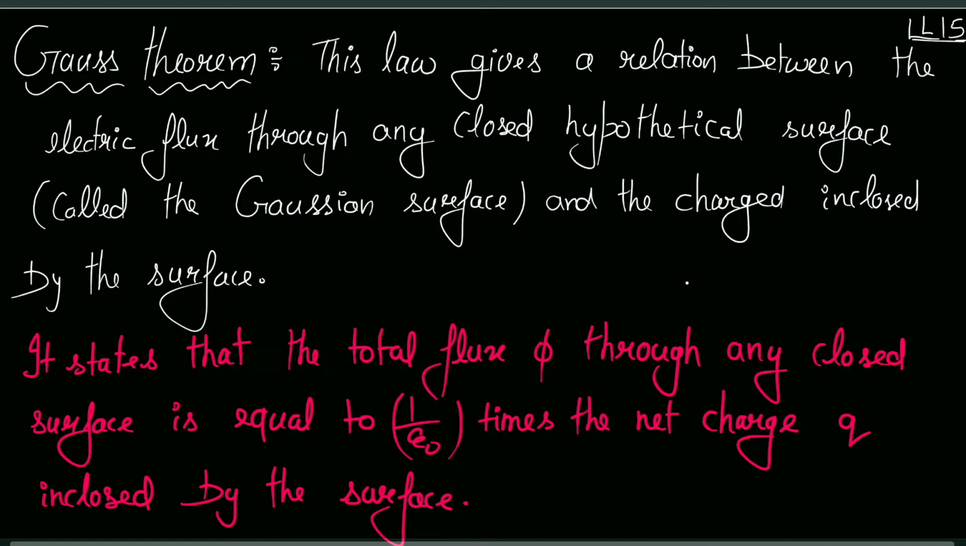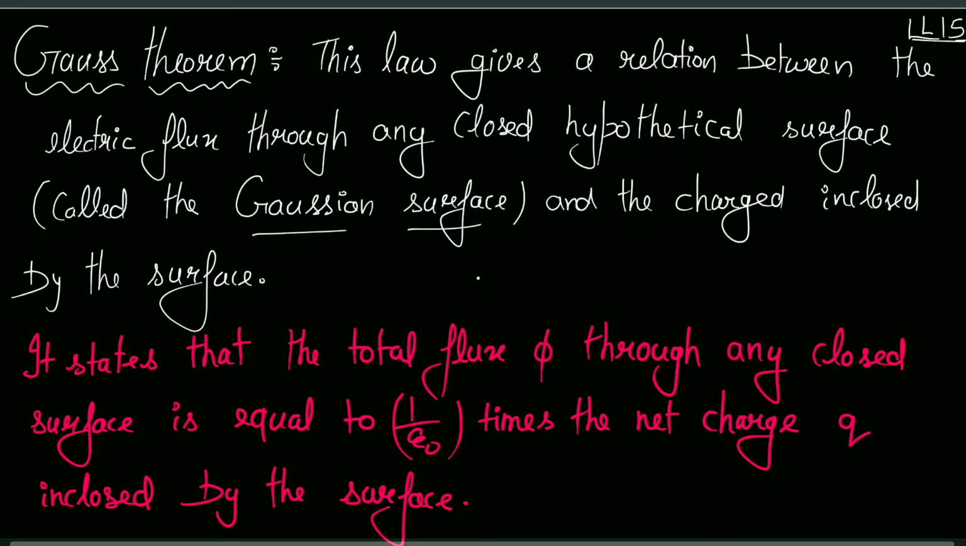Lecture 15 of electrostatics. In this lecture we are going to discuss the Gauss theorem. It gives a relation between the electric flux through any closed hypothetical surface we are going to take. This hypothetical surface is known as the Gaussian surface, and we are going to find